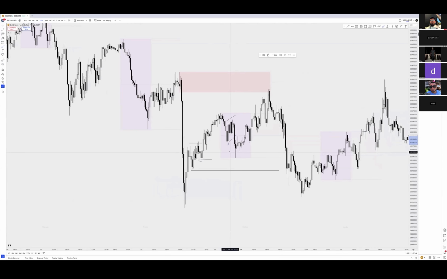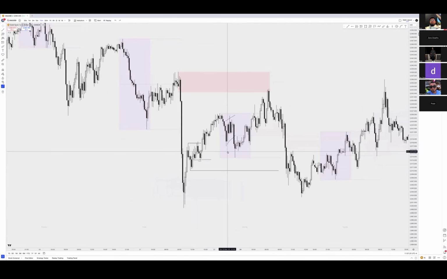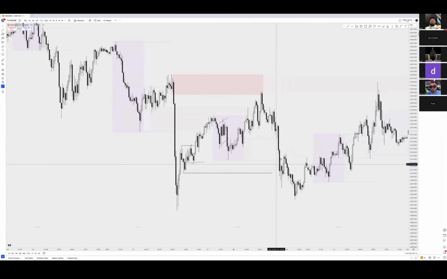Personally, if I was trading during Asia, I wouldn't be taking a long here because I still see liquidity below. This right here is very important to me. Structural liquidity is very, very important to me. I need that to be taken out before I can take anything. I also need to see, when it's coming lower to that liquidity point, some reactions and inducing of buyers of some sort before taking out the low.